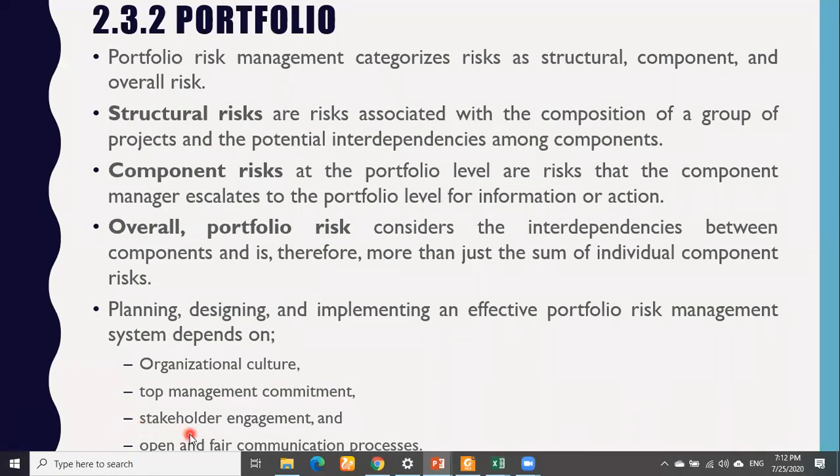The third point is stakeholder engagement, and definitely we say at the portfolio level, the success of the portfolio will also depend on the engagement of stakeholders. As you engage the stakeholders, we have discussed it last time as well, it increases confidence. If you keep the stakeholders well connected with yourself, you will get their commitment as well. And then finally, an open and fair communication process. It means that at no level, just for the sake of their personal benefit or personal reward, should they not communicate